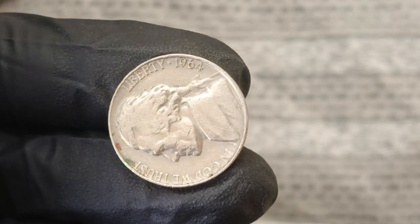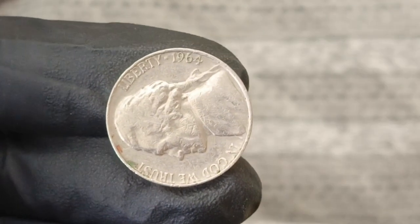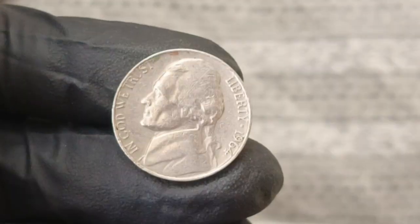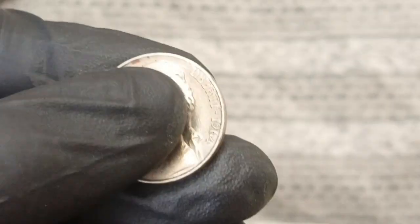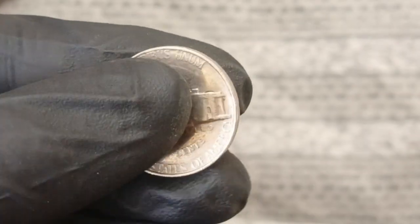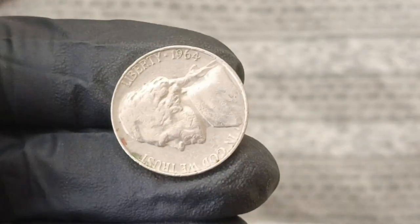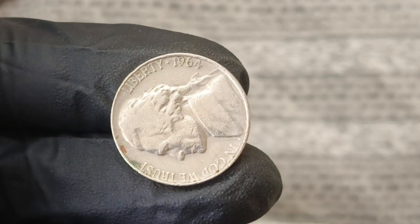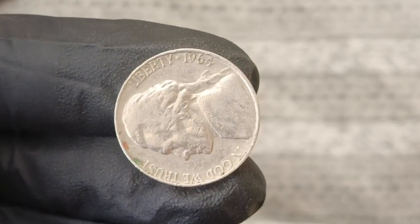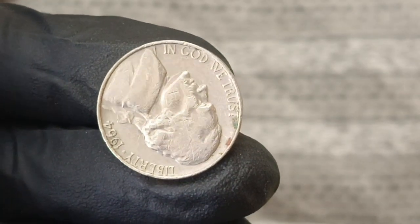And the allure of such possibility has kept treasure hunters, hobbyists, and seasoned collectors continuously scouring coin rolls and estate sales in hopes of unearthing that one in a billion coin that could change their life forever. And as if these known varieties weren't enough, the existence of die adjustment strikes, coins struck with insufficient pressure leading to partial or weak details, add yet another layer of mystery. Since these coins often look worn or damaged to the untrained eye but are actually early test strikes that can be among the rarest of all, especially when they still retain mint luster and no signs of post-mint circulation,